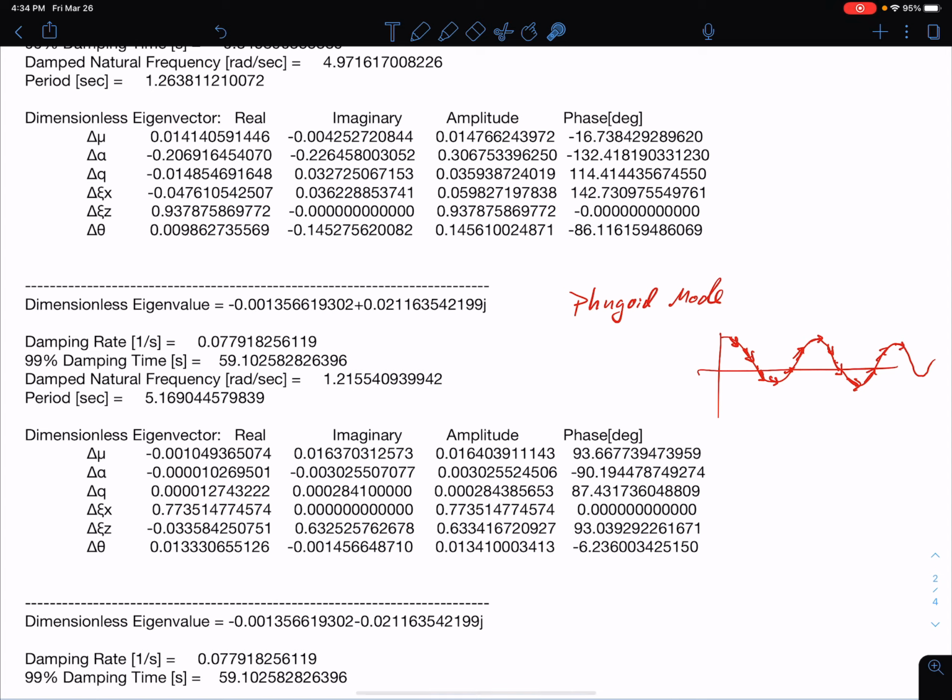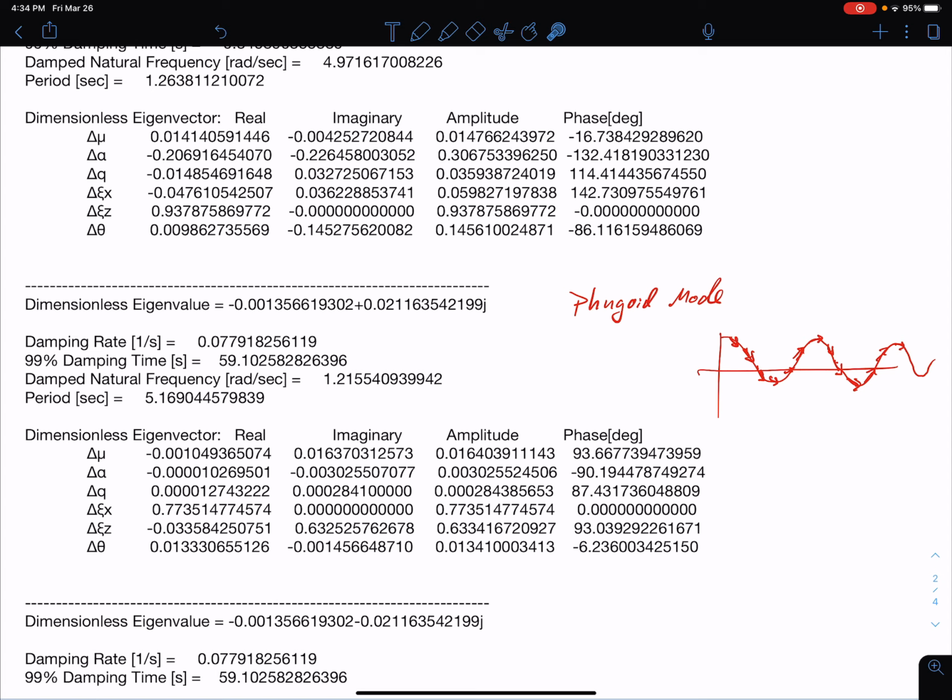Now, X and Z, like I said, usually you would see these closer together in magnitude, so you can see that you'd have a similar change maybe in your Z location as you would in a delta X. Now this X, you have to remember, is a deviation in X from where you would be if you had just simply stayed in your steady level flight, or in your equilibrium flight. So you can imagine where you would be if you were just flying forward at a constant speed compared to the X location as you oscillate here. And so that's why we have a deviation in both X and Z, okay?